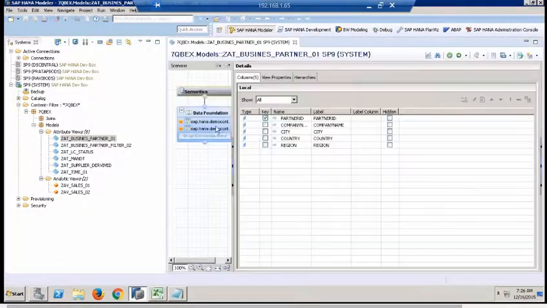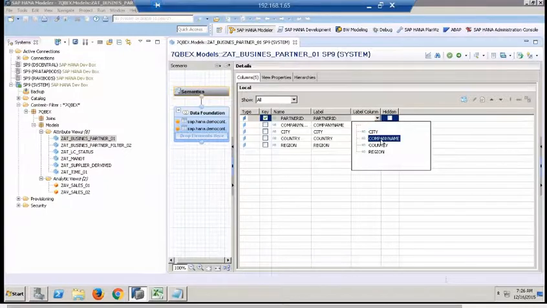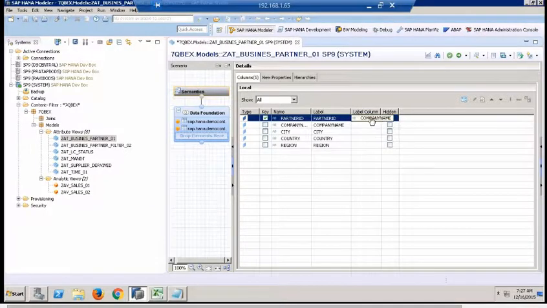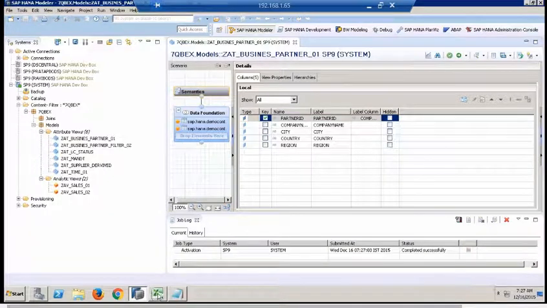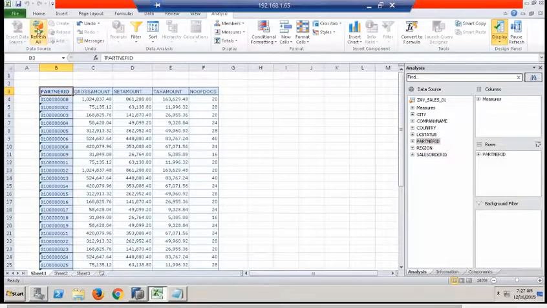I'll open this attribute view. Now, do we have this business partner ID here? So when I use partner ID in the reporting, I also want to see the company name as a label, as a text for it. Then you see what is here? Label column. Which column do you want to use as label? I would like to use company name as a label here. Okay, and then say activate. Okay, and say refresh all. Now when I do refresh all,